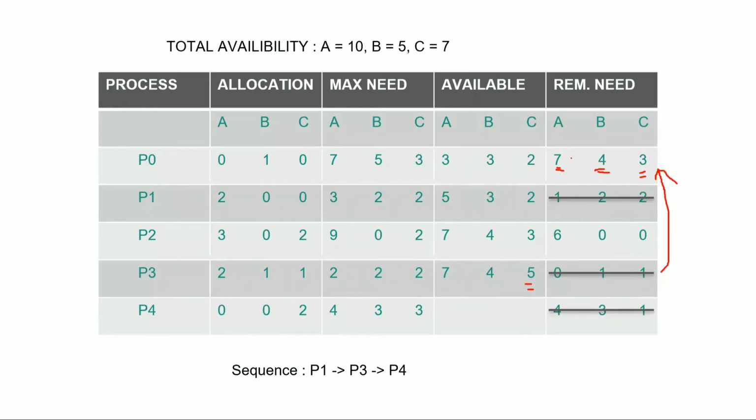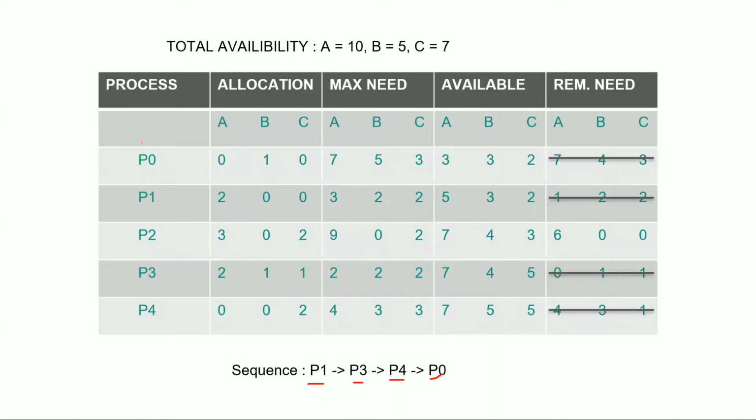So what we will do is allocate the available resources to P0, and P0 will get completely executed. And after complete execution, the resources that we had already assigned to P0, it will release. So this one instance of B is released and added to our available. Now the scenario is our sequence: we have executed P1 first, P3, P4, and P0.